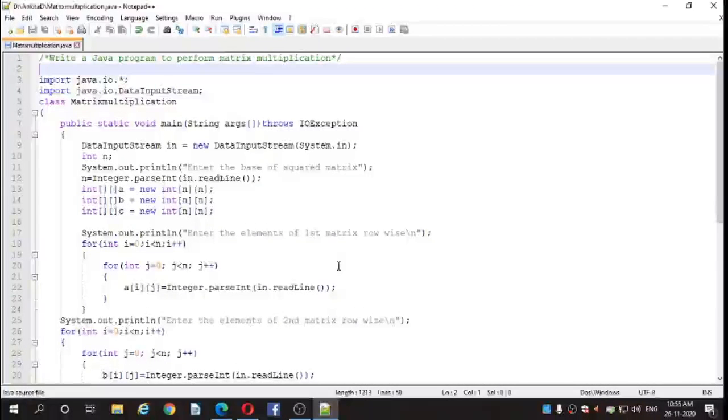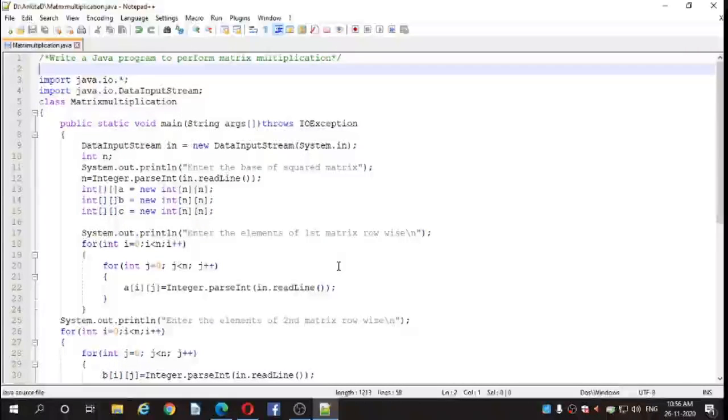So we can multiply two matrices in Java using the binary star operator and nested loops. A matrix is also known as an array of arrays. We can add, subtract and multiply matrices. In matrix multiplication, one row of the first matrix is multiplied by all columns of the second matrix.